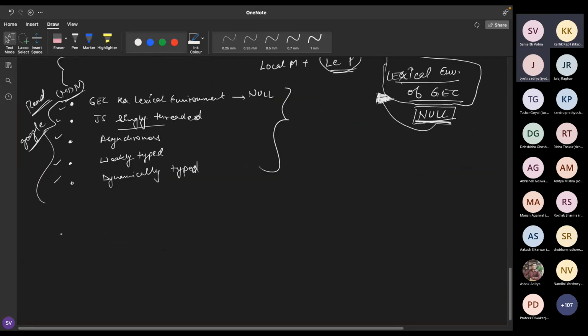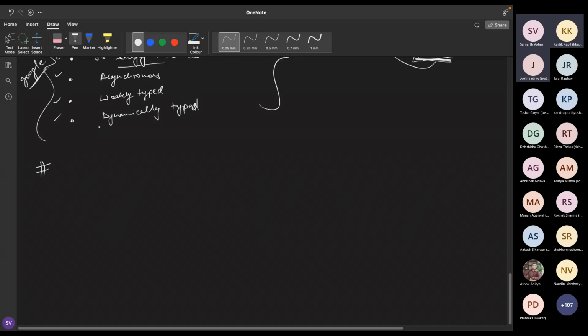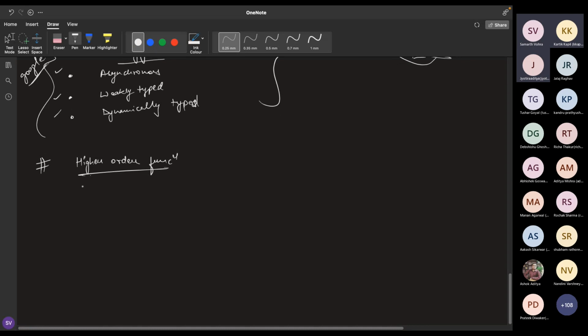Just read about what these 5 parameters mean and what their importance is. Great. Hope things are clear, and we'll be moving on to our next topic, higher order functions. Higher order functions are a very different as well as very important concept in JavaScript. Higher order functions are basically those functions which can, I'll write it down at the same time,